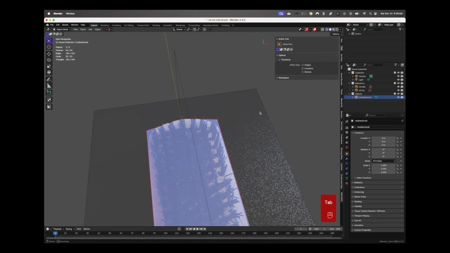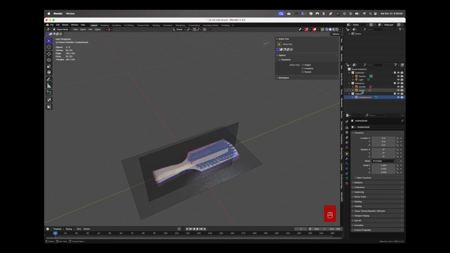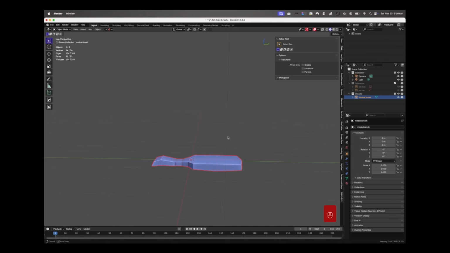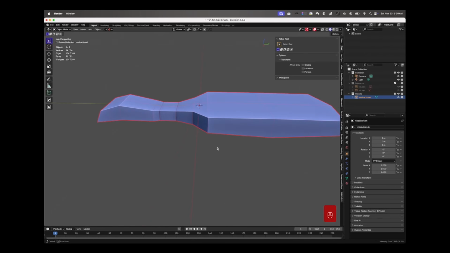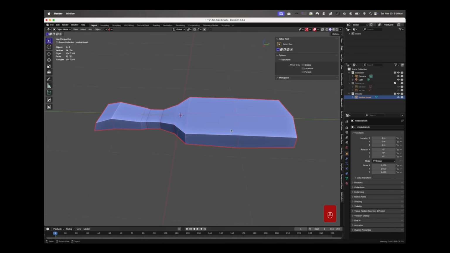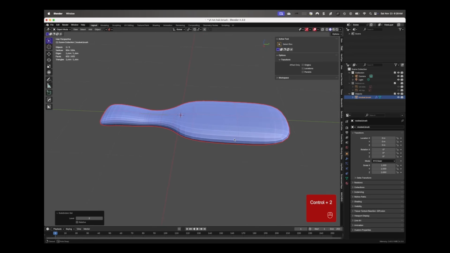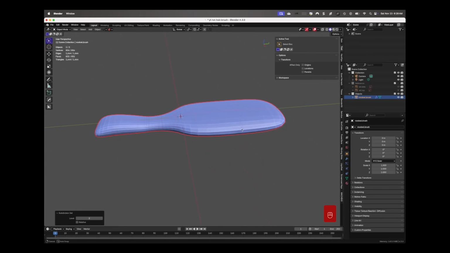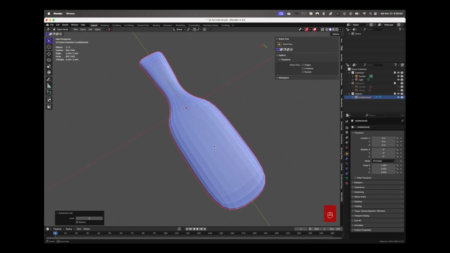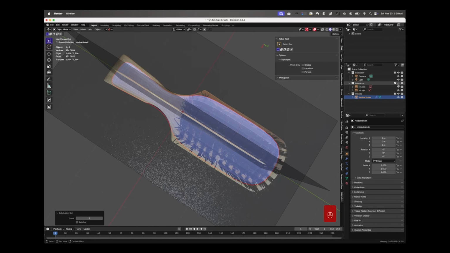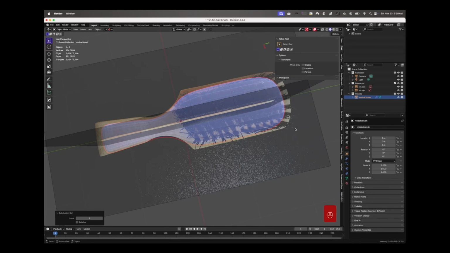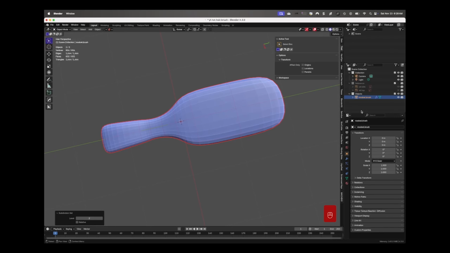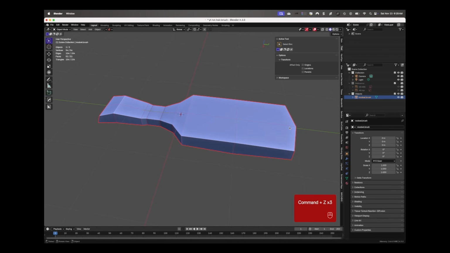And for the third time, the subdivision modifier will curve those edges for us. It won't look so edgy like it's looking now. Okay, I think that's pretty good. We're going to do a test, apply Control 2 for the subdivision surface modifier. And that, for the most part, you can see the curvature I was talking about. Now, it's not as structured on the edges, but we'll deal with that here in a second. But we got the curvature we're looking for.